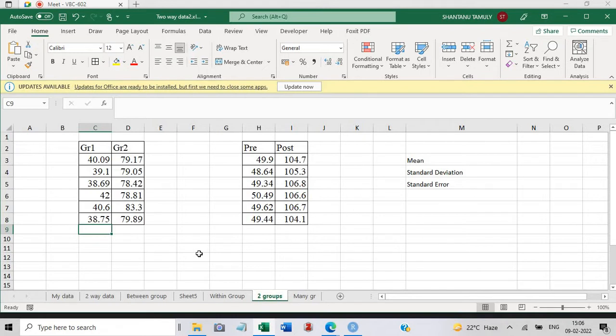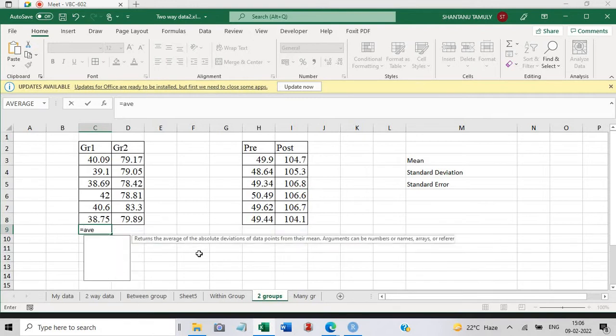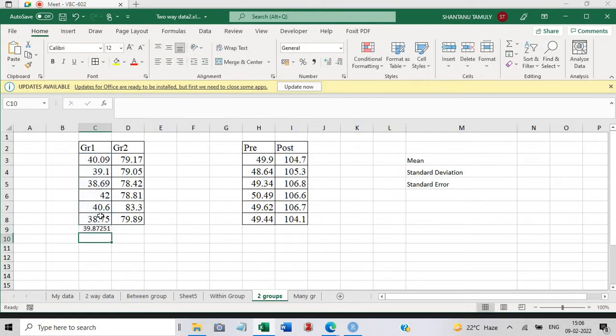Put an equal to sign, and then type average, then put a bracket. After putting the bracket, select the data like this and press enter.